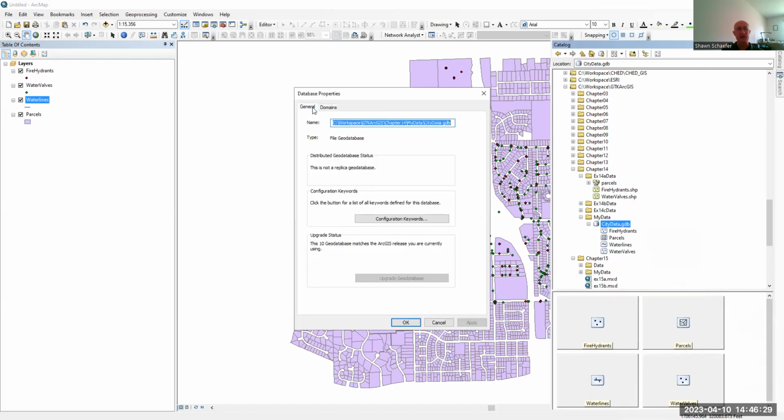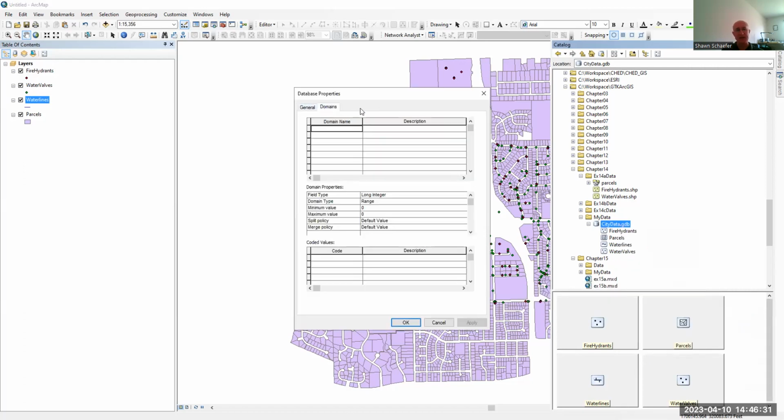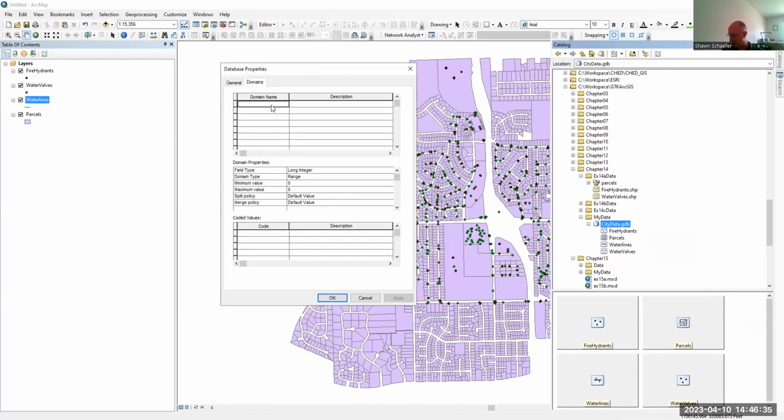You'll see this dialog box has very few tabs, but the one it does have is domains, right? So we want to create a domain for the waterline types. I'm going to call it waterline_types with no spaces, and the description is going to be the type of waterline